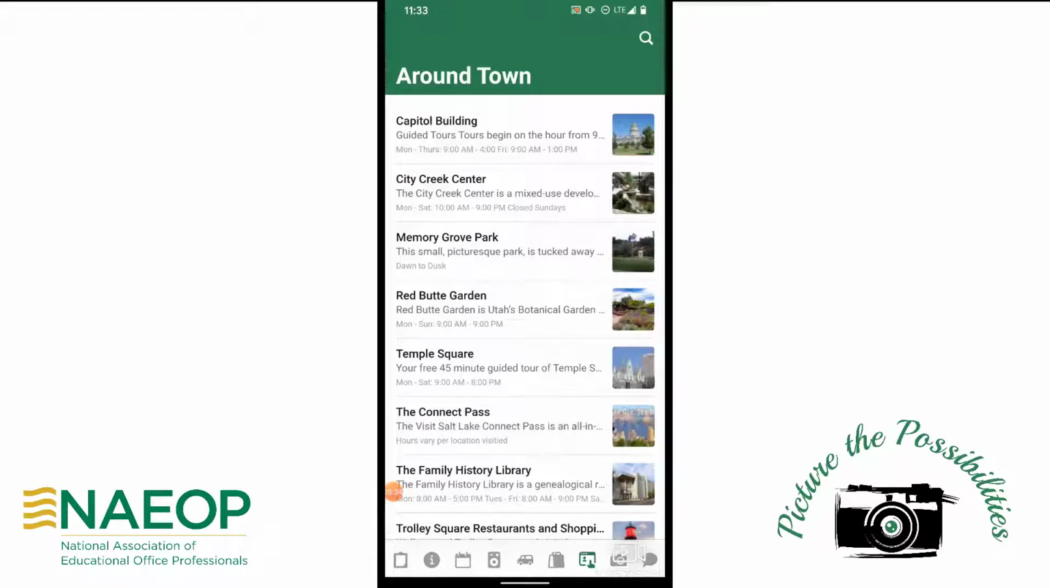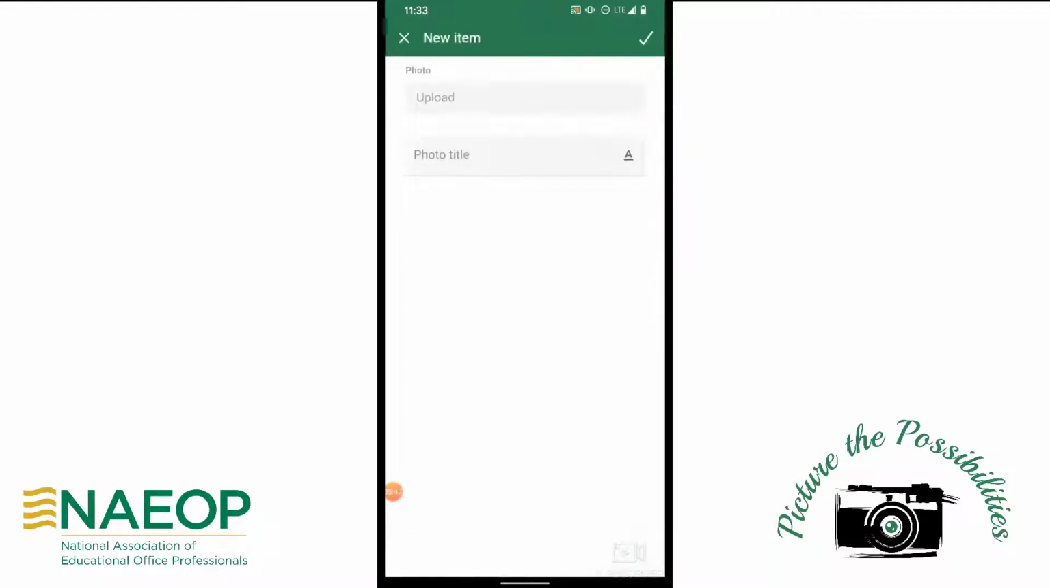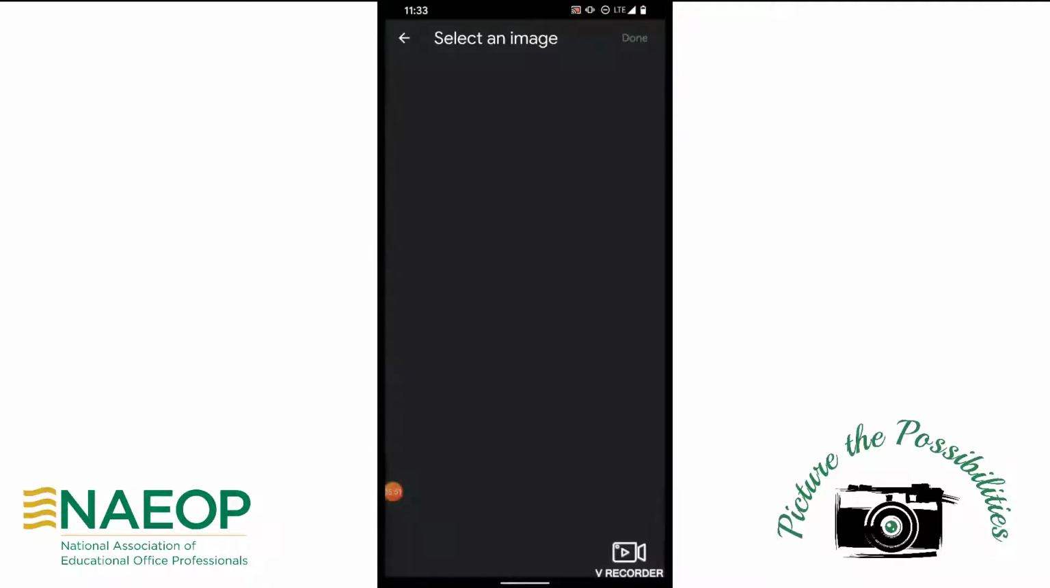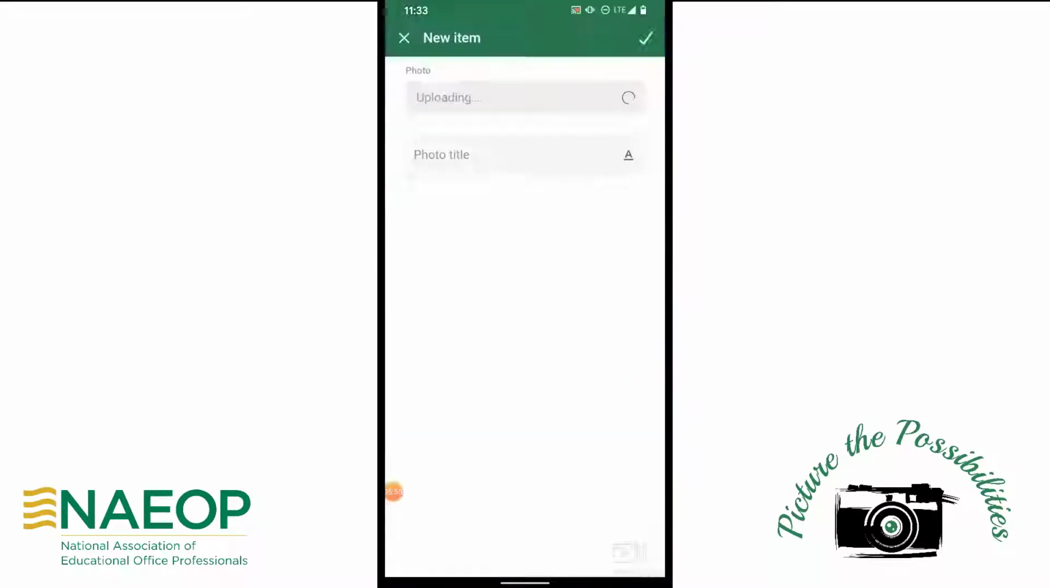This photo app is the reason why everybody is signing in. We want to give credit where credit is due. And if you've uploaded a photo, we want to know that you took it. So to upload a photo, you click on the plus button in the upper corner, click on the upload button, select an image, click on done,